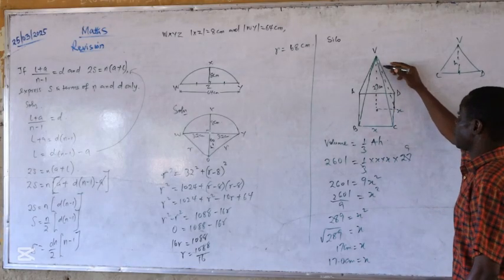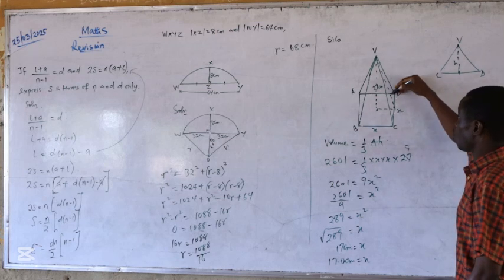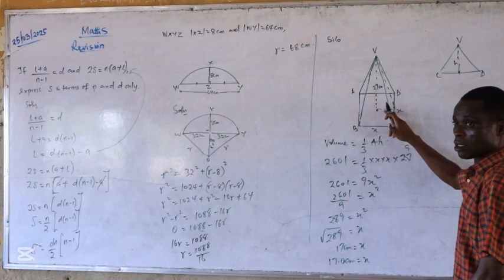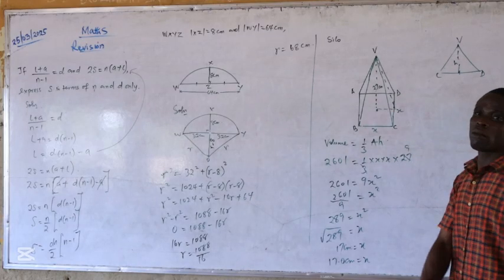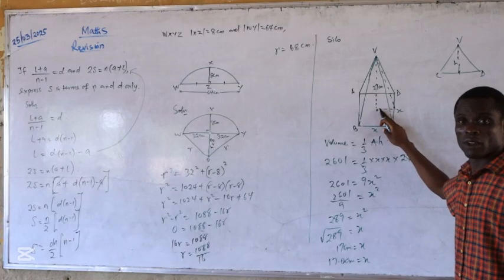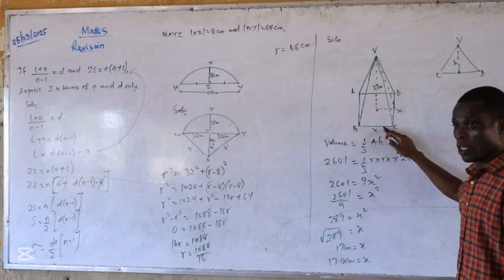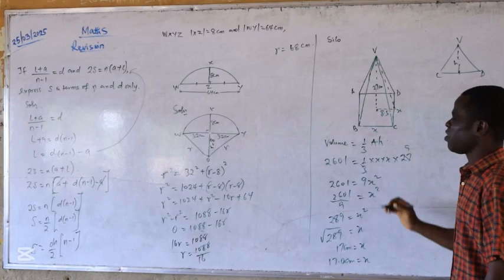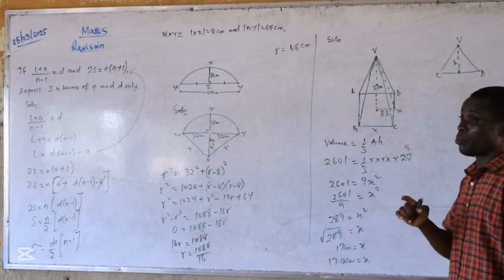Although I don't know the slant edge of this pyramid, and likewise this one too, I don't know it. But I can get this one. Okay, what will be the length of this one? 8.5, because it is half of 17. Are you with me now? So 8.5. So you can now see that if this question happens to be a rectangular pyramid,